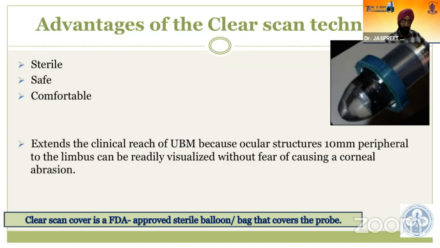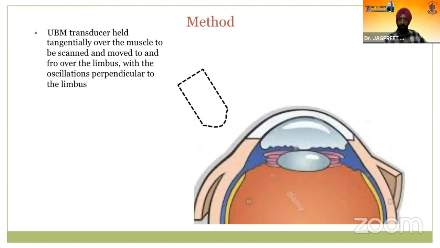And this is FDA approved. So this is how it's done. It's a very simple thing. You hold the probe tangentially over the muscle and move it to and fro over the limbus with the oscillation perpendicular to the limbus. So it's a fairly simple procedure. You're not going onto the cornea, so no chances